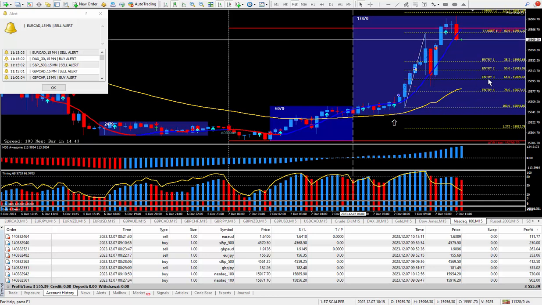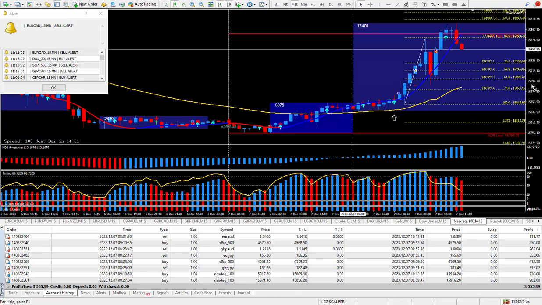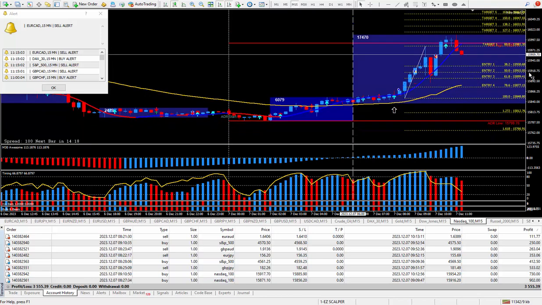Did hit entry. If it hits entry 1, 2, or 3 many times, it'll get to target 2, which is right there, by the way. Almost made it, but anyhow, it's an excellent tool showing you 4 different entry points and shows you up to 10